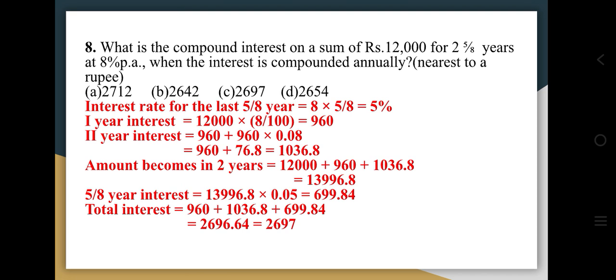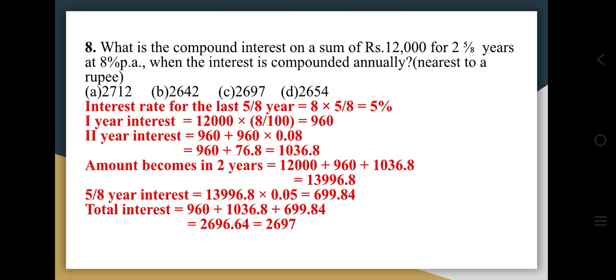So what is the first year interest? The amount invested is 12,000. So the first year interest is 12,000 into 8 by 100. That is 120 into 8, which is 960. What is the second year interest? Second year interest is first year interest plus interest for the first year interest. So the second year interest is the first year interest 960 plus interest for 960 at 8% rate,